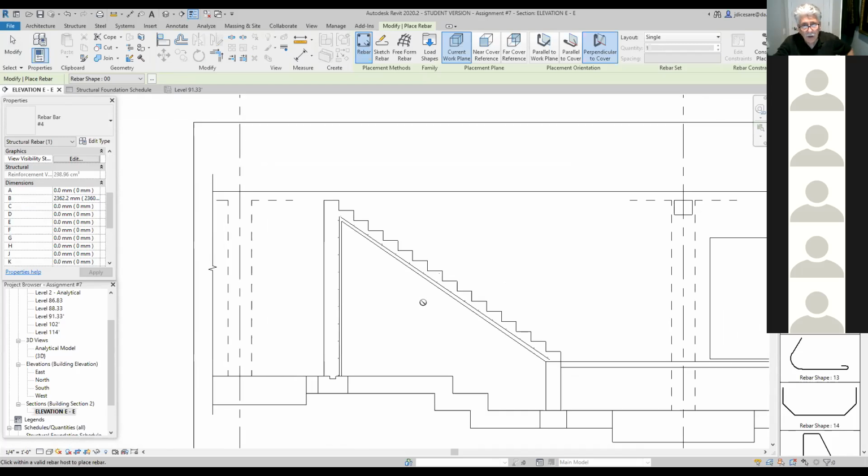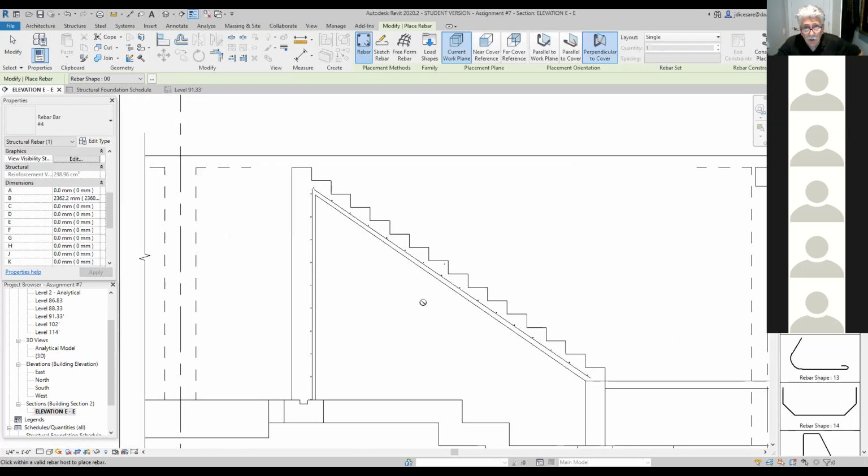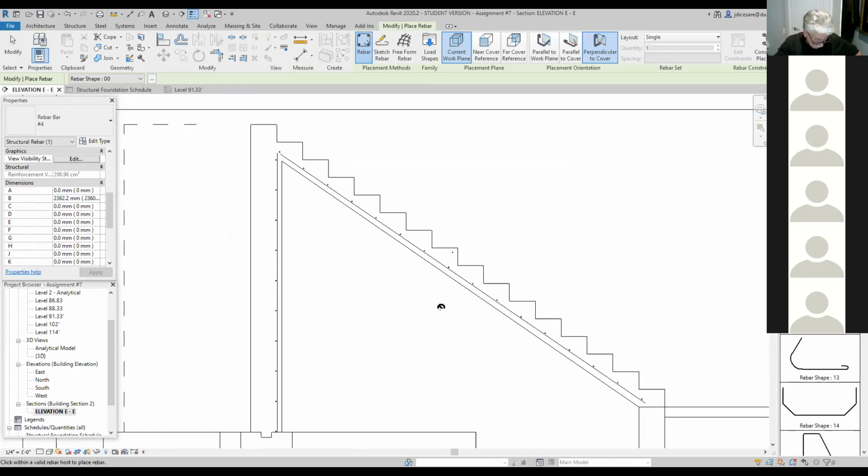So there you go. Now, of course, if you were doing this accurately, okay, because you want the program to calculate the rebars, you should be putting one at every nosing so that the program can actually calculate the correct quantities. But right now, we're just worried about the graphics. Okay, now,